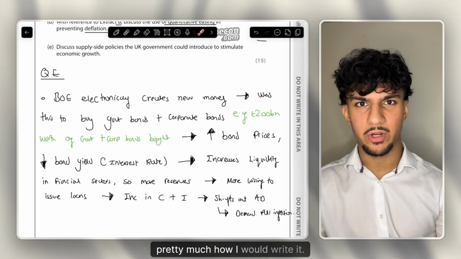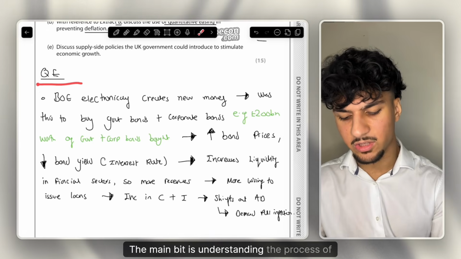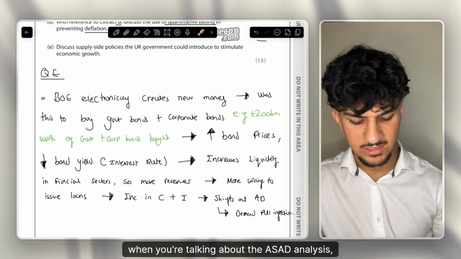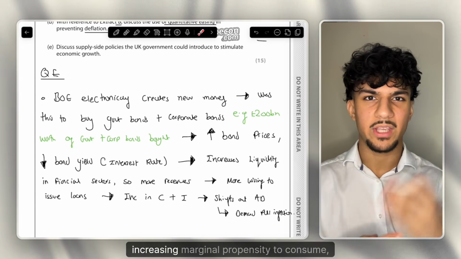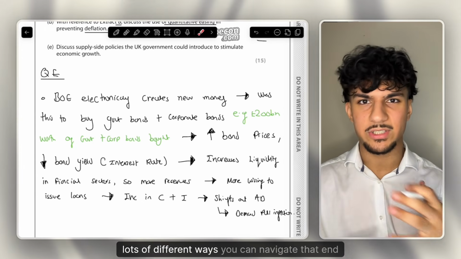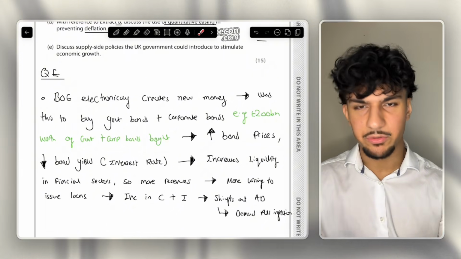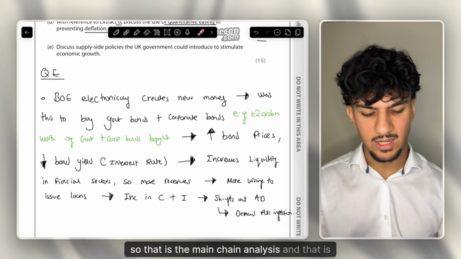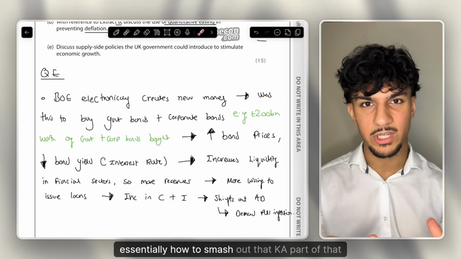And that's pretty much how I would write it. The main bit is understanding the process of quantitative easing. Towards the end, when you're talking about the AS-AD analysis, you can talk about many different things, like an increase in marginal propensity to consume, an increase in disposable incomes, lots of different ways you can navigate that end chain analysis, even talk about mortgages and mortgage repayment costs. But yeah, that is the main chain analysis, and that is essentially how to smash out that KA part